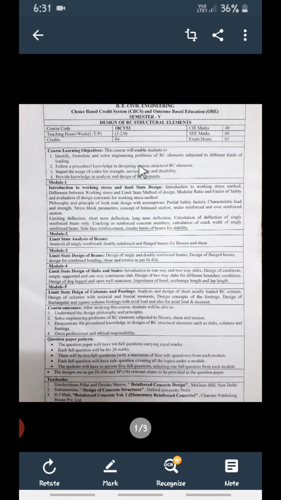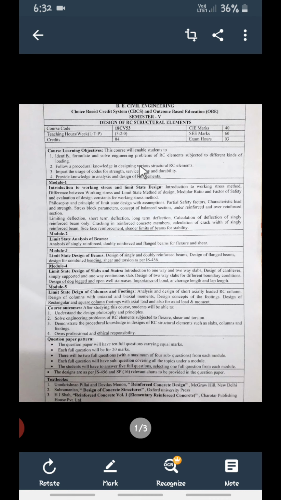As usual, we already know that any element will be subjected to different types of loads. That is, point loads will be there, uniformly distributed loads will be there, self weight will be there. Along with these loads, other loads will be there, like in high rise buildings we consider wind loads and earthquake loads also. So when these loads come on the elements or the structures, how will the structure behave? Based on the loads only, first we are going to do the analysis, then we are going to do the design.